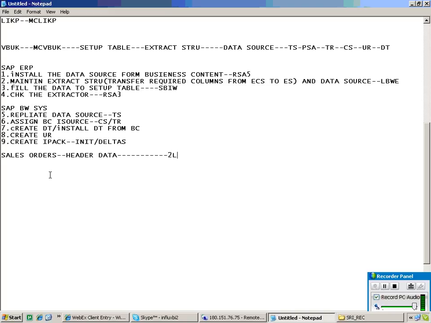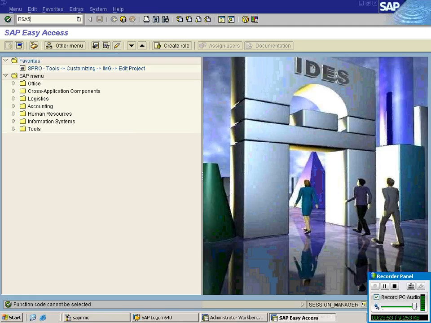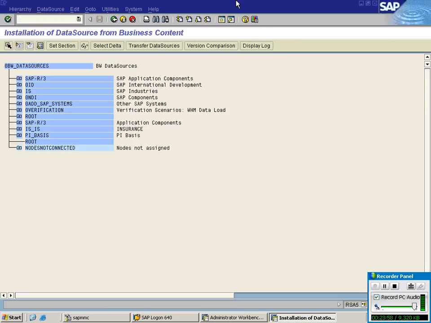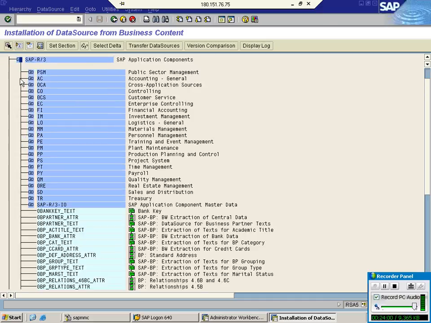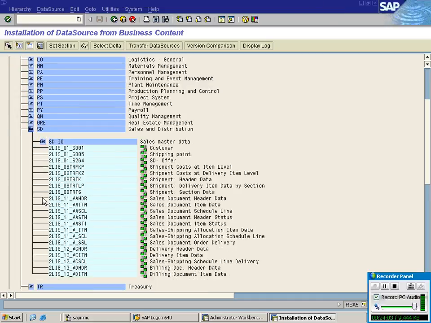So what is that? 11 VA SDR, RSA5. SAP R/3, sales and distribution. Since they are related to sales orders, select the data source. You can see, in ECC it is activate data source.